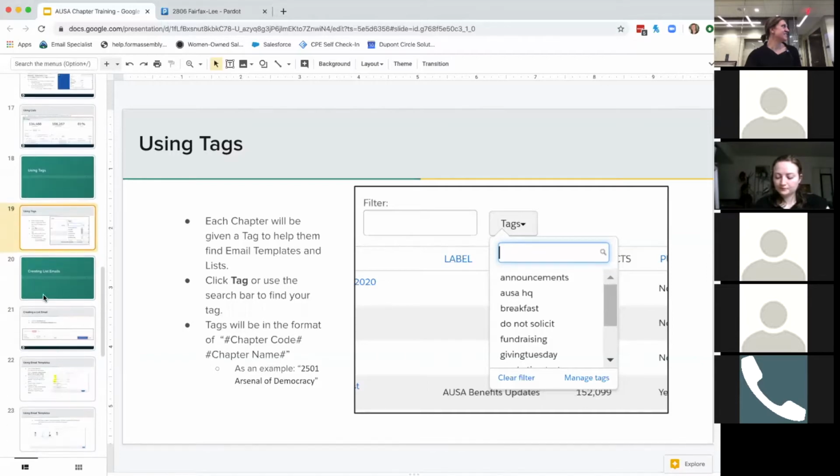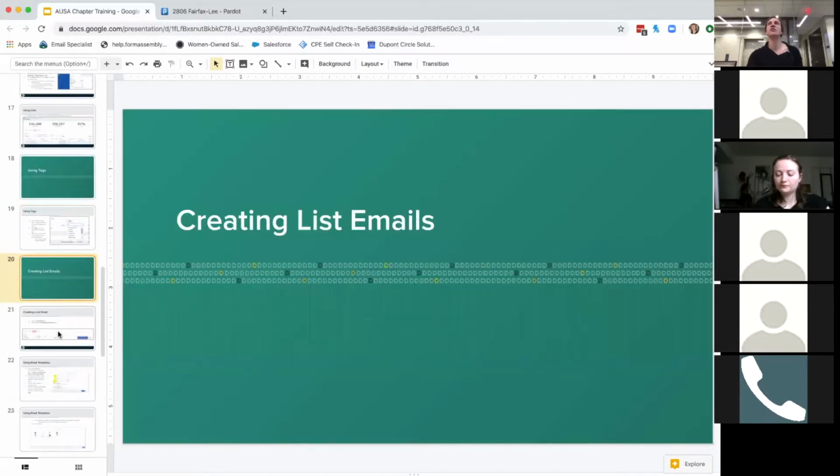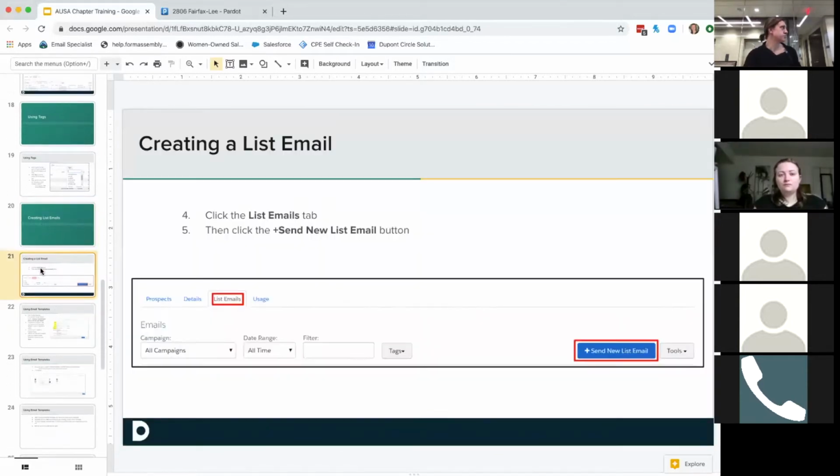So we'll get into the nitty-gritty now of creating what's called a list email. It's called a list email because you're sending it to a list. So it's probably as you think of just a weekly or monthly email send. We just, again, want to educate you on the Pardot terminology, that this is considered a list email. So we'll jump in now, and this is where we're going to find that chapter template and apply it to